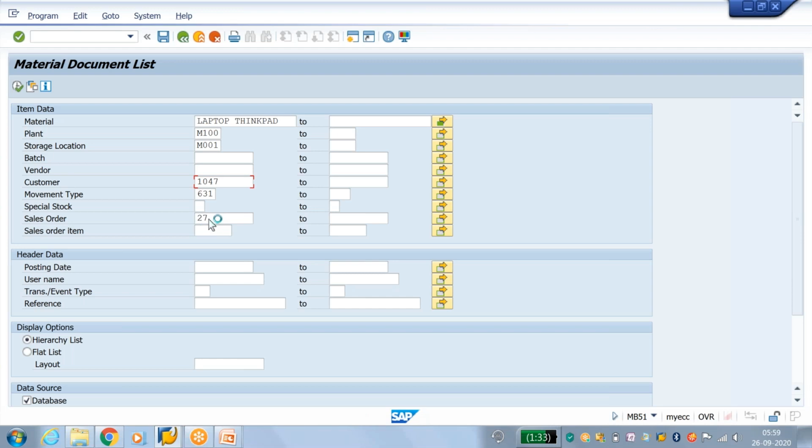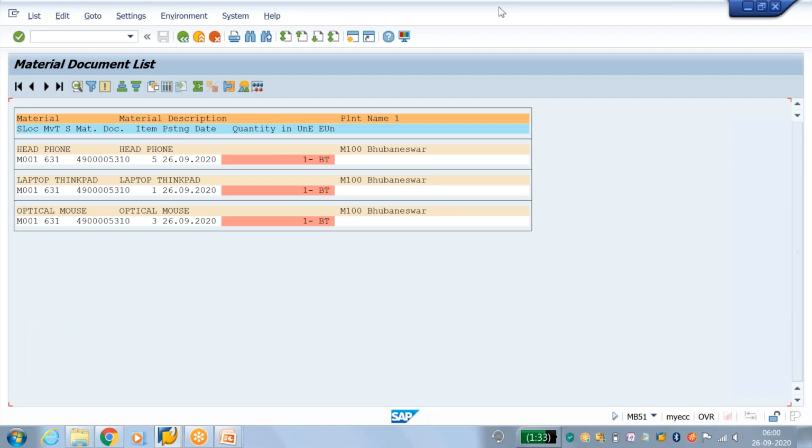If you remove this sales order number, then you will get allocated assets. Okay, I remove this sales order number, then execute.